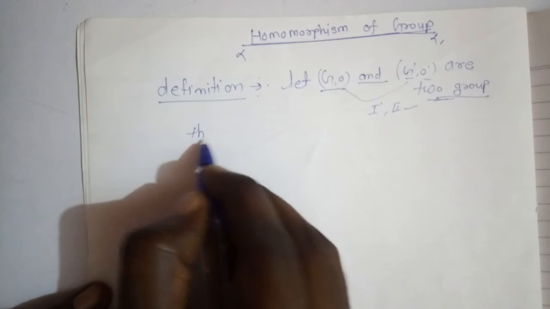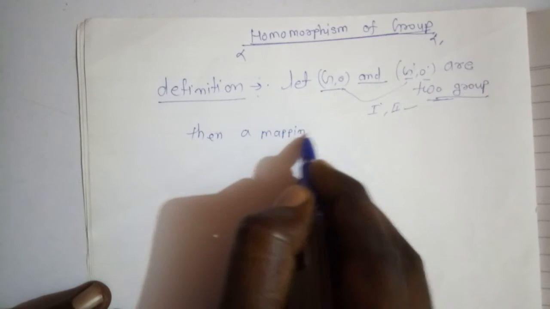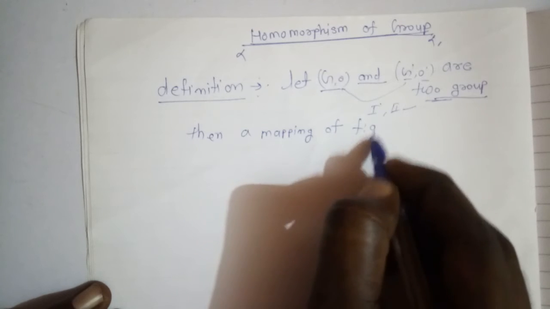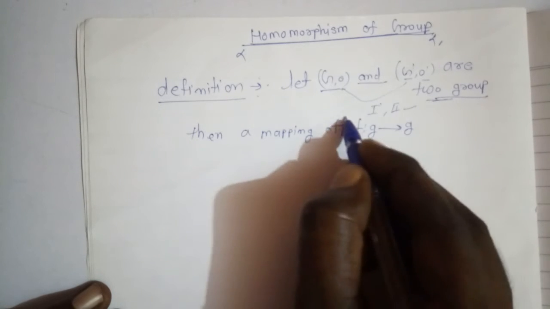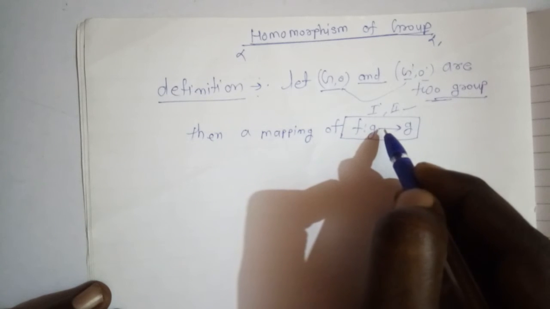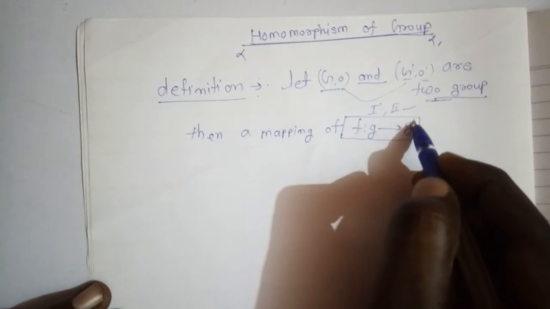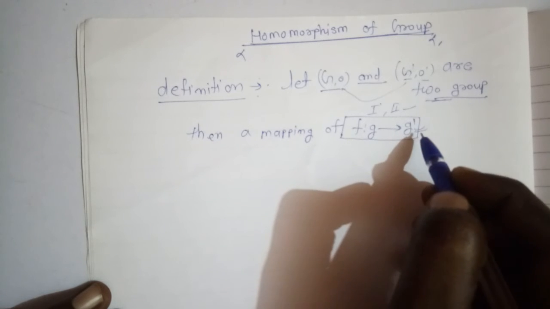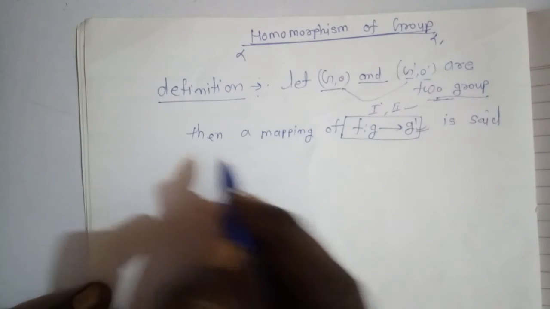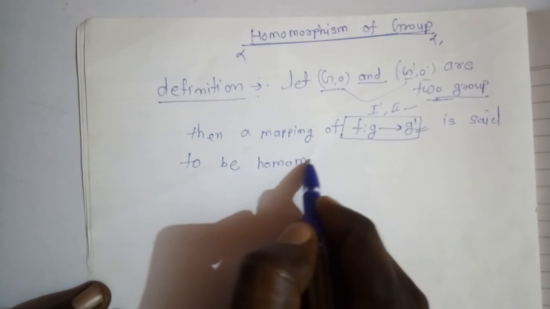Then a mapping f from G to G'. That is very important and most important, dear students. This is the mapping. What is the mapping? f is such that G tends to G'. Okay, this is said to be a homomorphism